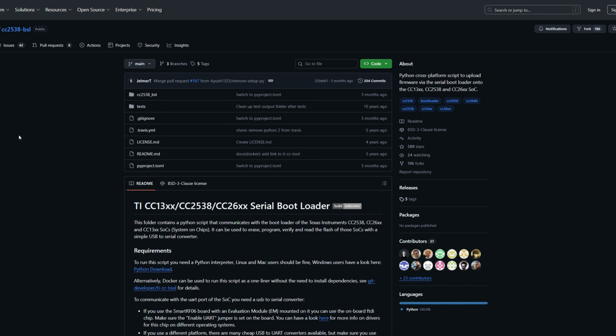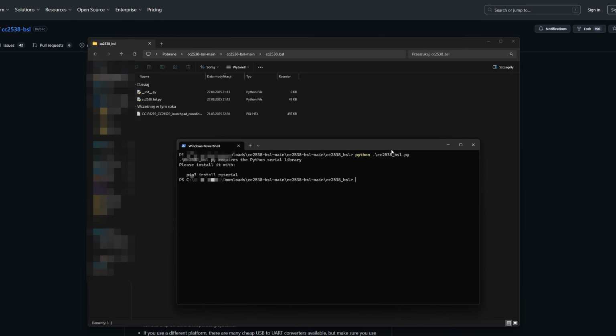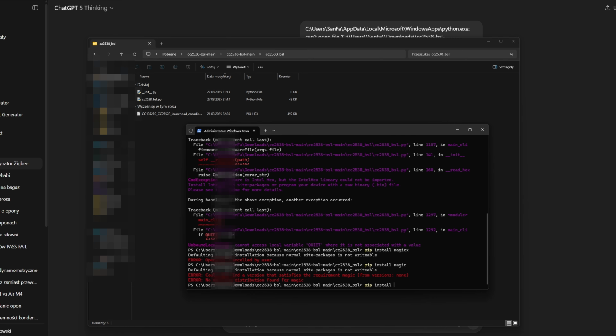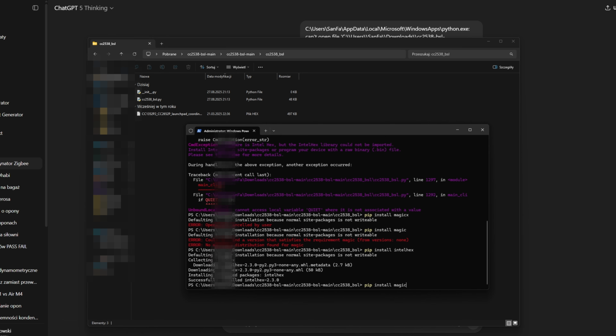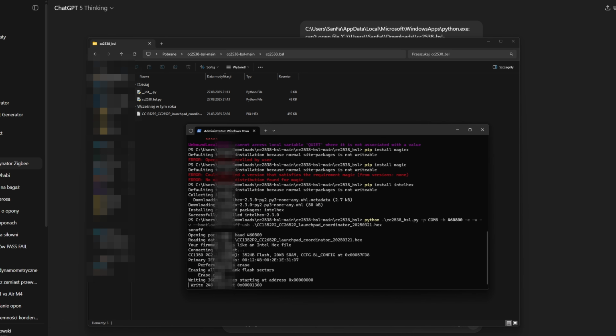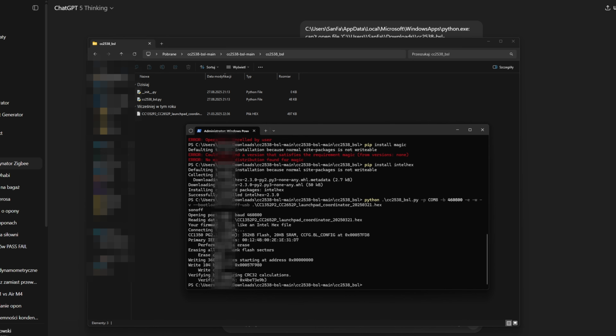we unzip it, and to check if we've got Python we can just run the script, and as you can see we need to install pyserial, so I will install pyserial. There is no magic, so maybe intelhex. I remember it was a required one, and now as we can see the firmware is flashing. So summarizing, we have to install Python, pyserial and intelhex, and as we can see everything seems to be flashed,